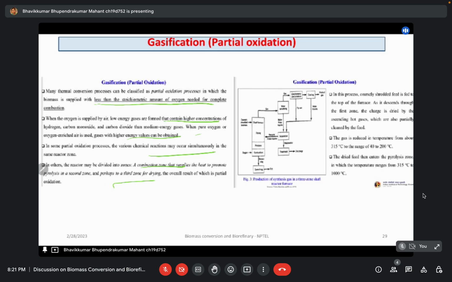So, final product drying. This is not before drying, and this is gasification, but maybe you can't see it properly. I have another figure from the internet. So this is a dry gas. It is going to the combustion process, then the pyrolysis process, then the drying process. And here you will get the common